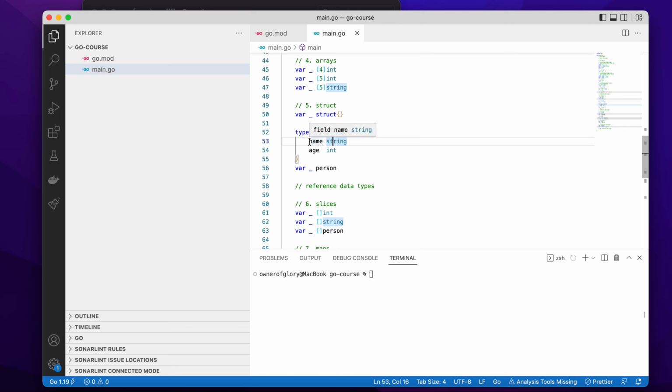And as I said, struct is just a set of named values which are called fields. So each field has a name, the field name, and a data type. In this case, I am declaring a person struct with the fields name and age. Name is a string data type, and age has the integer data type. And in this way, I can declare a variable of this struct data type, and I can assign it